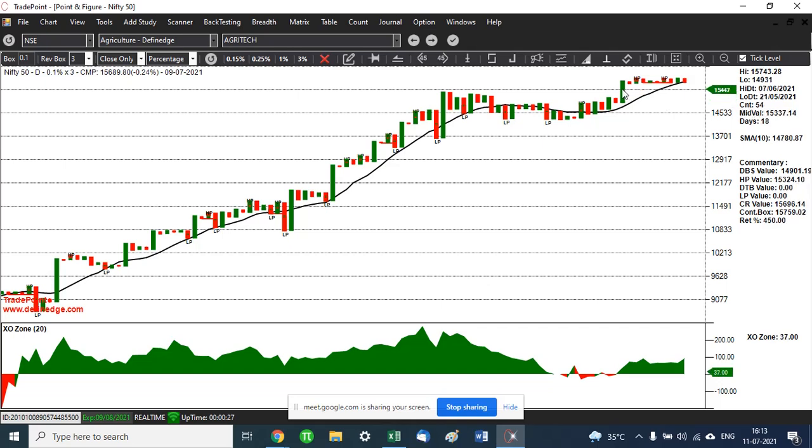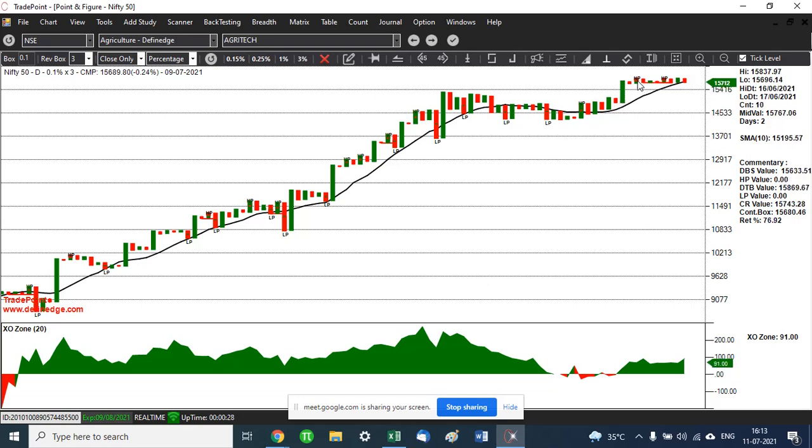So whenever there are more than 15 boxes in a single column, we consider that to be an anchor column. That means the price is in a strong trend, whether it be on the upside or on the downside. So it's an anchor column. We consider that column to be pretty important, and we can take trades on that side. If the anchor column is a bullish anchor column, we take a bullish trade on the stock. If it's a bearish anchor column, we take a bearish trade on the stock. So that is another important pattern for us, anchor column.